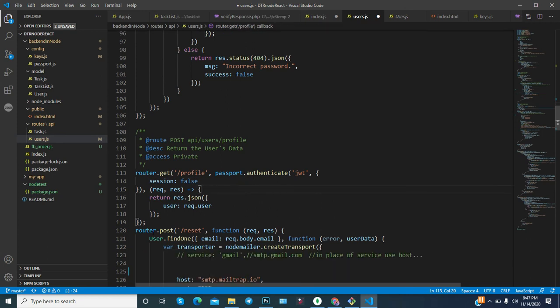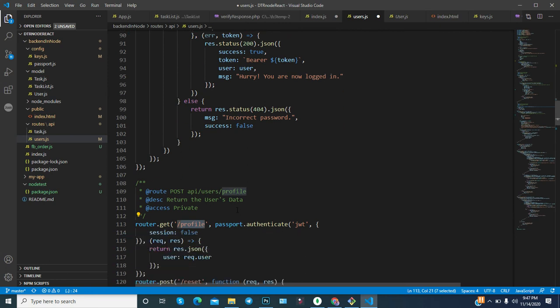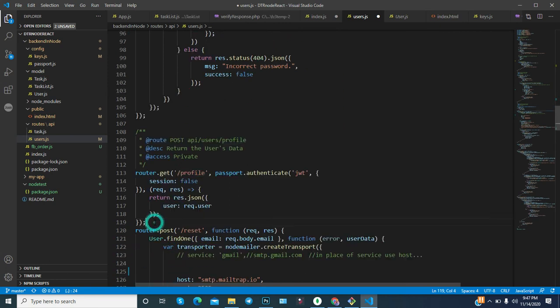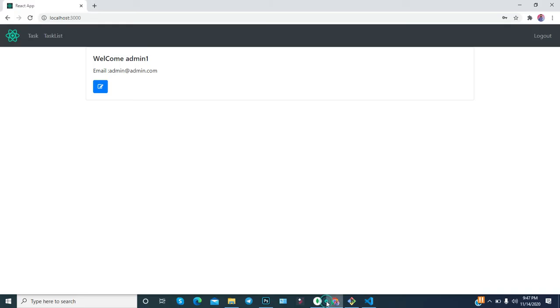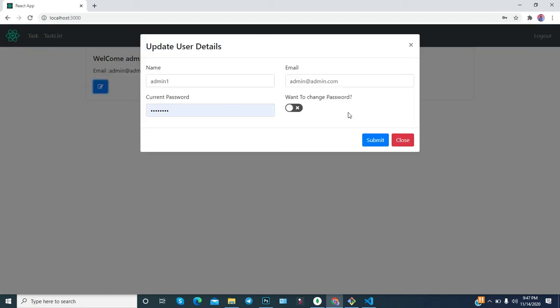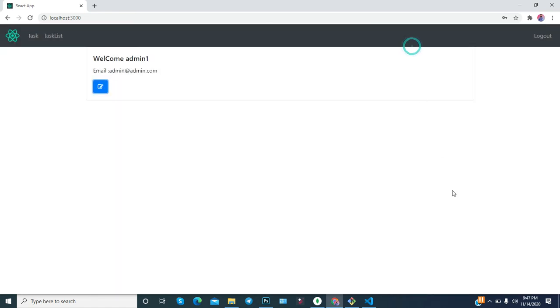Now let's talk about the profile. As you understand, if you click here, then you can notice that user data is available.